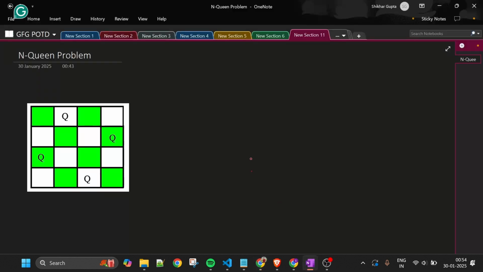Now let's quickly move to OneNote. So how are we going to approach it? Look, there is no rocket science for it. There is no special algorithm for it. The one algorithm there is, is basically to try all the cases, try all the positions. Okay, all right. How are we going to position them? Look, the solution which I will be telling you will be the smallest solution possible. I think so, I can be wrong as well, and it will be the easiest one. Okay, all right. So what I will do,